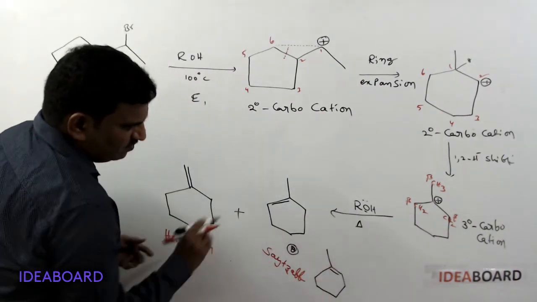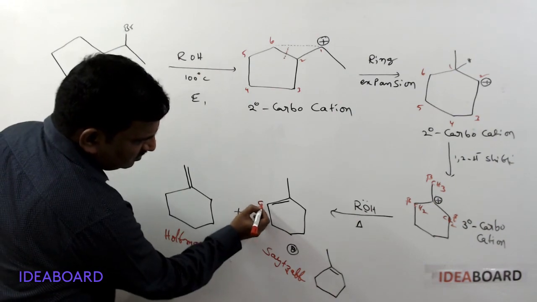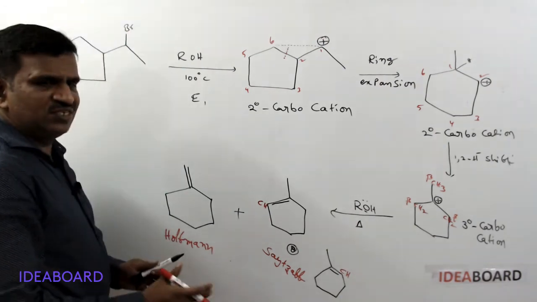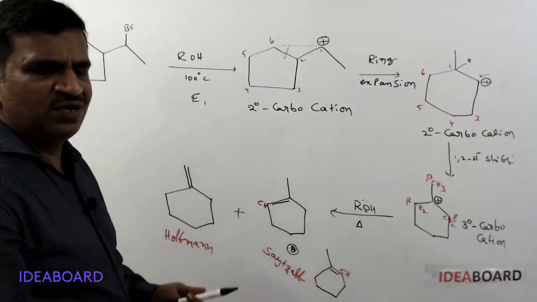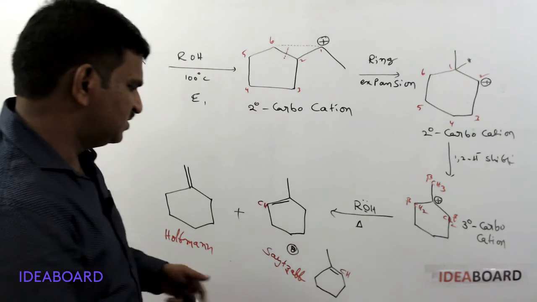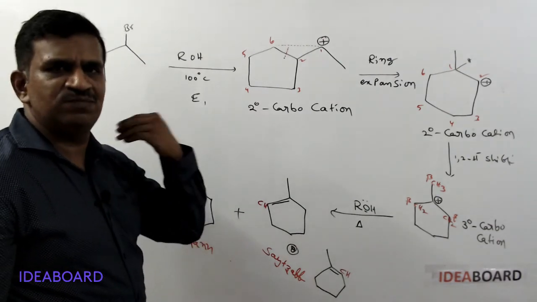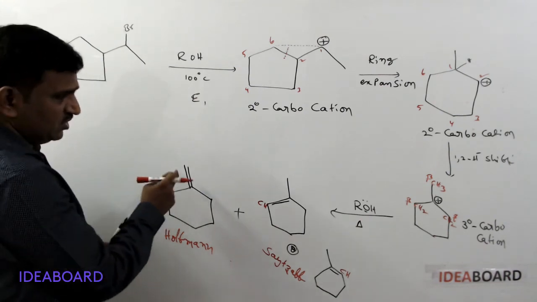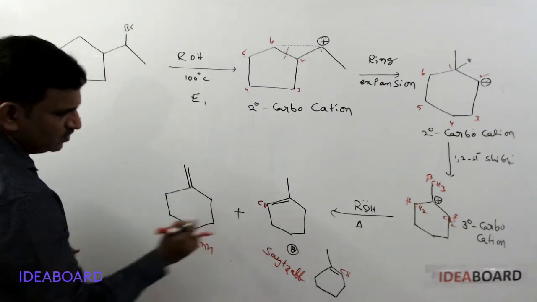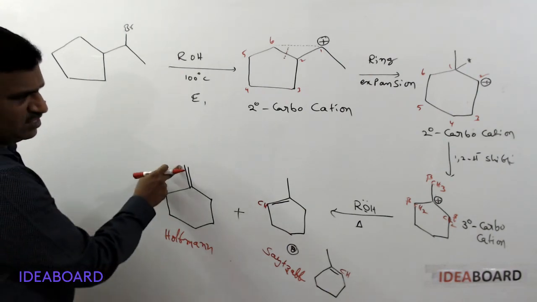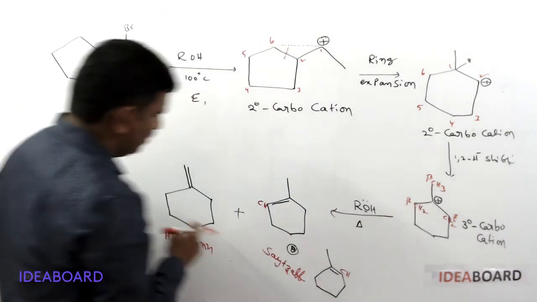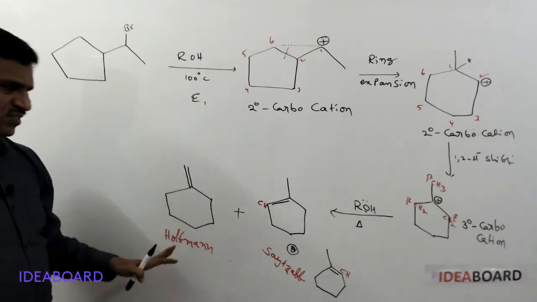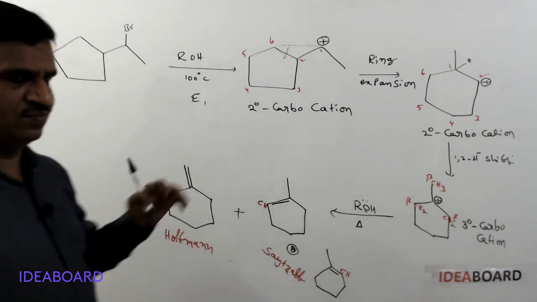Poorer means if there is a double bond formation, what happens? Here it is getting CH, or here it is getting CH. Means it is losing a proton. Already it is poor, becoming poorer. So Saytzeff means simply poor becomes poorer. And Hofmann means rich becomes poorer. Hofmann is opposite to this. Here it has more hydrogens, it gives the proton and gives the Hofmann elimination product. Okay, this is the ring expansion process and gives the alkene.